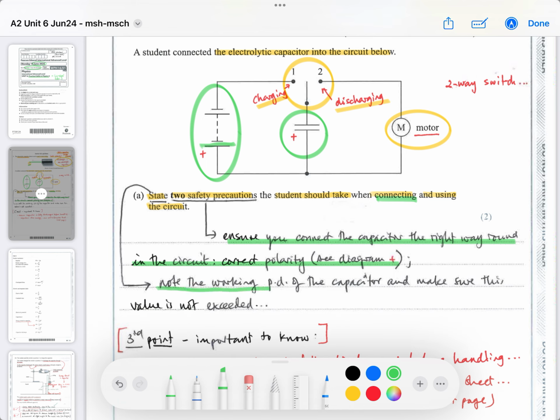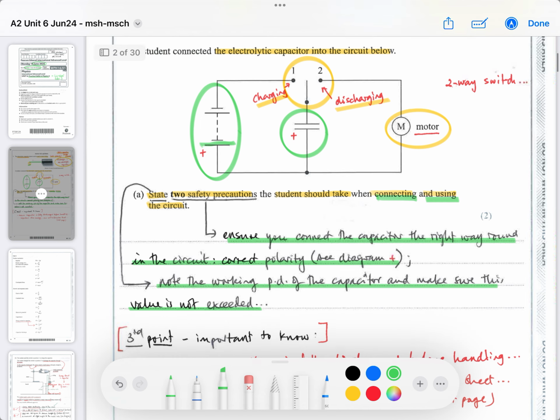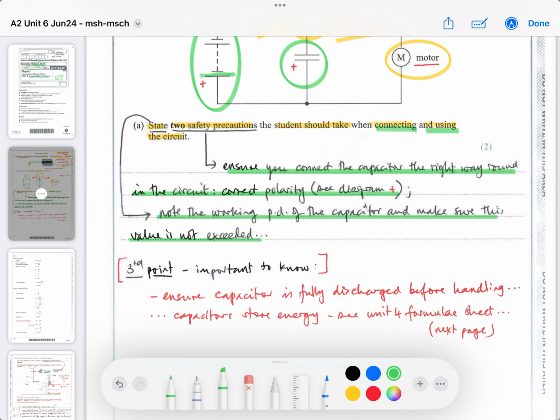Note the working potential difference of the capacitor, and make sure you don't exceed this value. This is when using it. You've got to make sure you don't go above the voltage that it is designed for. There is a third point, which I've done in yellow as an alternative, and it's important for you to know this. Ensure the capacitor is fully discharged before handling it,